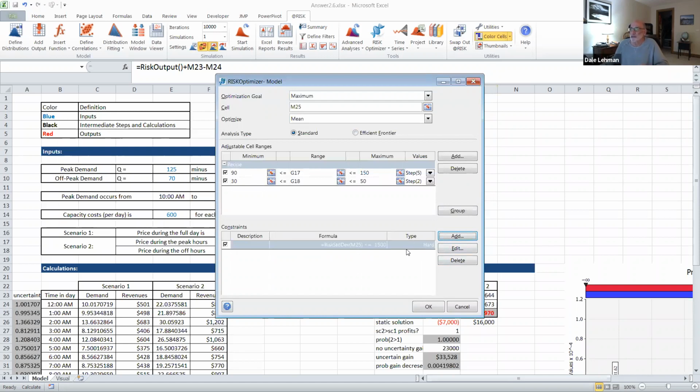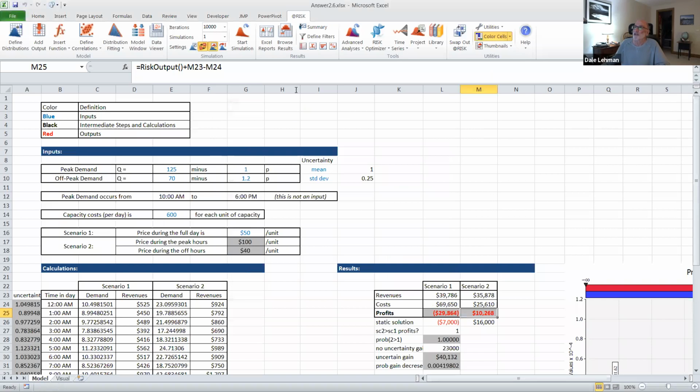You have to read about all the options here. There are options of making it a soft constraint. Better than that would be to run an efficient frontier, which is described in the book. You can see, as the standard deviation varies, how does the profit vary? Sort of a risk-return trade-off that you can map out with an efficient frontier. But just to see how it works with a constraint in it, let's leave that, change this back to 1,000